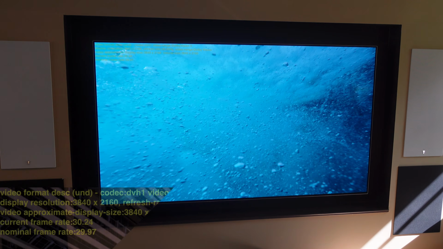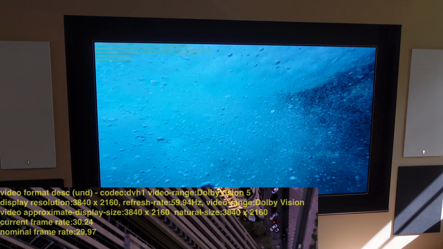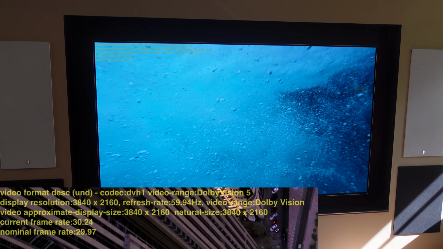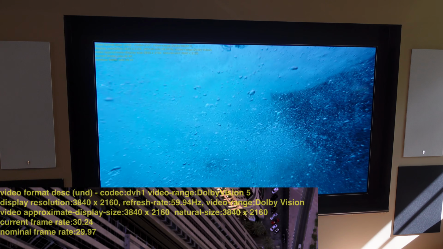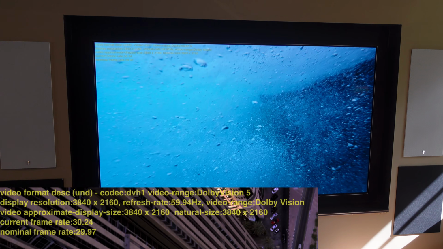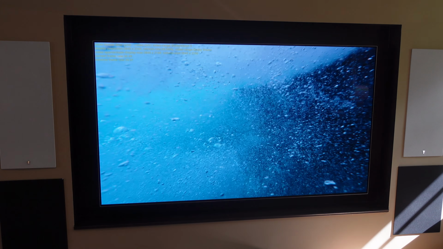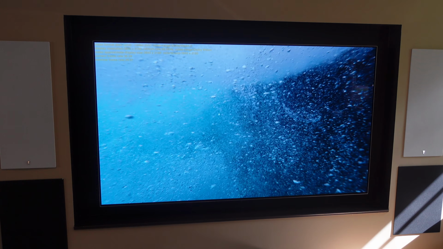But again, I'll throw the overlay up from the Apple TV developer playback HUD, and we can see pretty clearly in that upper left-hand corner, now we're getting 4K, we're getting the same frame rate and all that stuff, but it is specifying Dolby Vision 5. And per the questions, per the comments, and all of that from the prior video, yes, if you use these